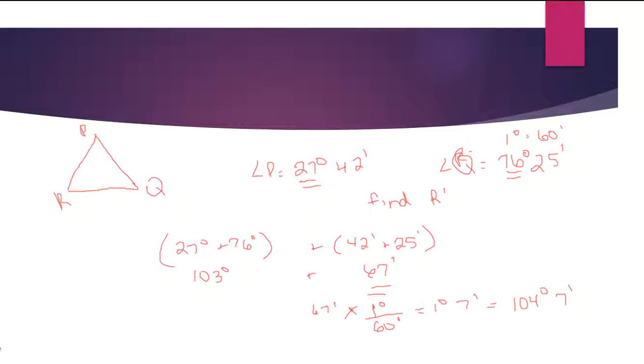So then we want to subtract this from 180, right? So you've got 180 degrees, and we want to subtract 104 degrees and 7 minutes. But the problem is we don't have any of this in minutes. So what could we do? Well, how do I get minutes? I could take a degree away, right? And so we would change this to 179 degrees and 60 minutes. And so now I have my units that I need, and we subtract these, and you end up with 75